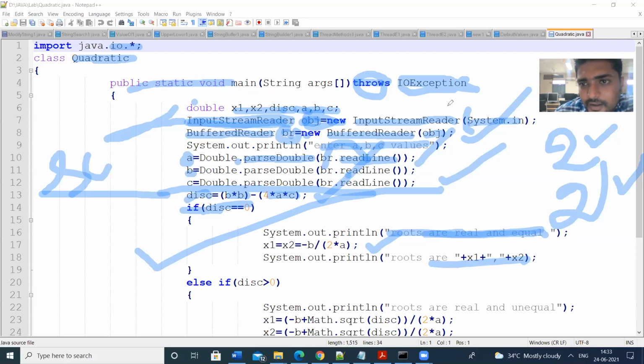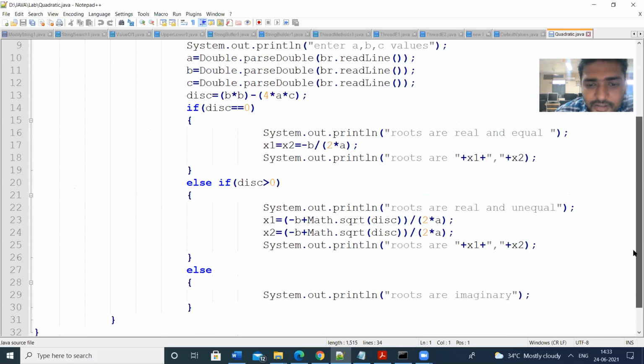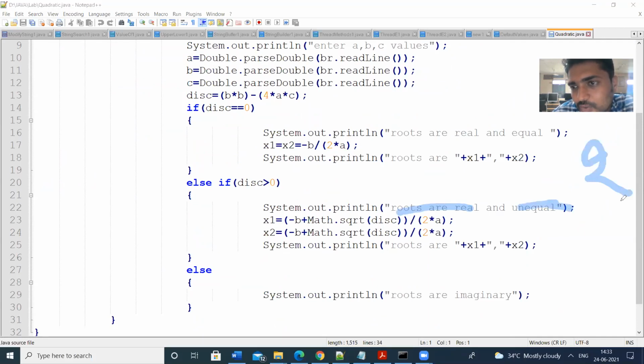Else if the discriminant value is not 0, that means the discriminant value is greater than 0, what happens? Then the roots are real but unequal. So here one root may be 2, another root may be 3.